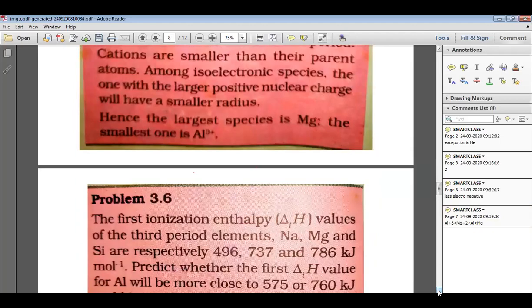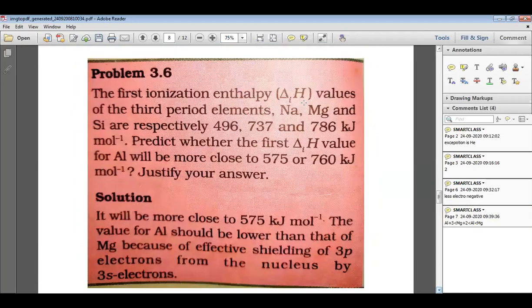Now let's look at the next question. The first ionization enthalpy values of the third period elements sodium, magnesium and silicon are respectively 497, 737 and 786. Let me repeat. The first ionization enthalpy, that is delta i H1, values of the third period elements sodium, magnesium and silicon,